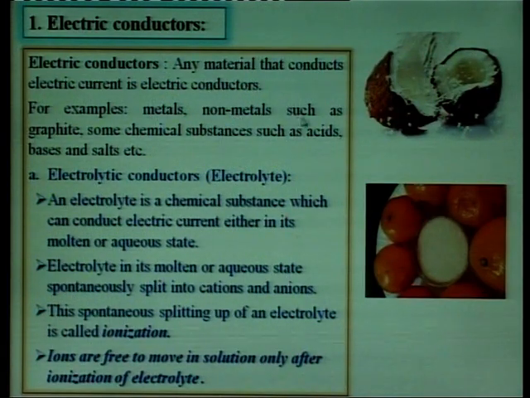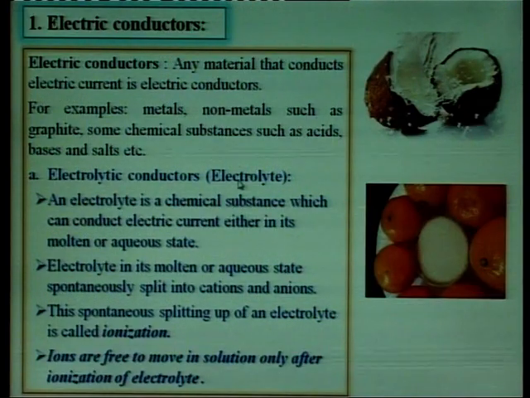Like graphite, some chemical substances such as acids, bases and salts also conduct. You see citric acid conducts, and mineral water from the coconut also conducts electric current. As the name itself says, it is a mineral, so it contains some electrolytes as well. The extent of conductivity may differ, but still it is a conductor. So, we want to know now